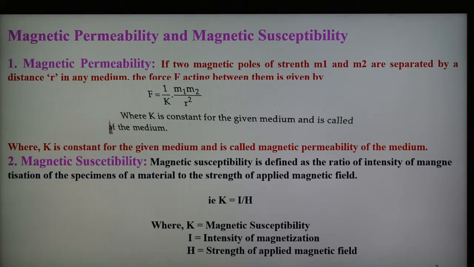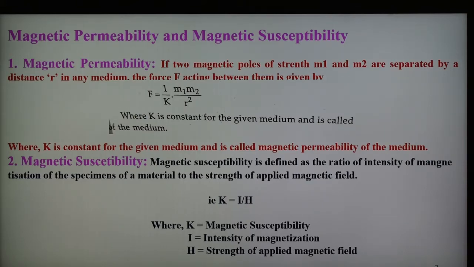In order to understand the behavior of these substances, it is useful to consider the terms magnetic permeability and magnetic susceptibility. Many compounds of d block elements exhibit magnetic property, which is due to the presence of unpaired electrons in the d orbital. The first term is magnetic permeability. What is meant by magnetic permeability?